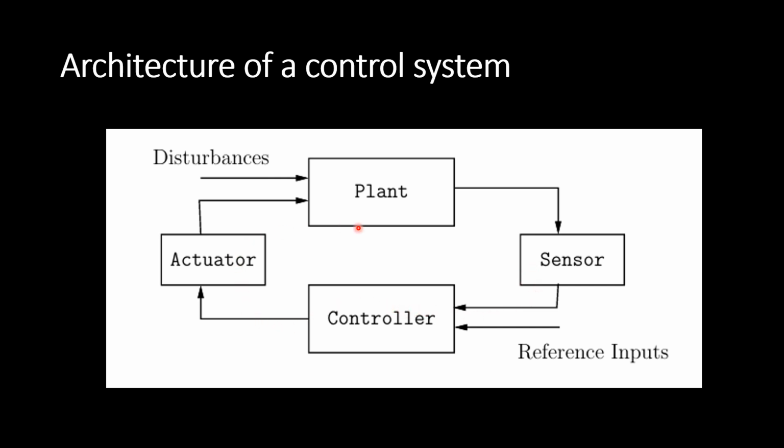This is the basic architecture of a control system that has four parts: a plant or a system that has to be controlled, and a sensor to monitor the plant and to collect real-time data, and the data will be given to the controller to make decisions. The controller will be taking some reference inputs, maybe by manual or by automation. Based upon the reference input and the real-time data collected by the sensor about the plant, the controller will make some control actions, and this control action will be given to the plant through